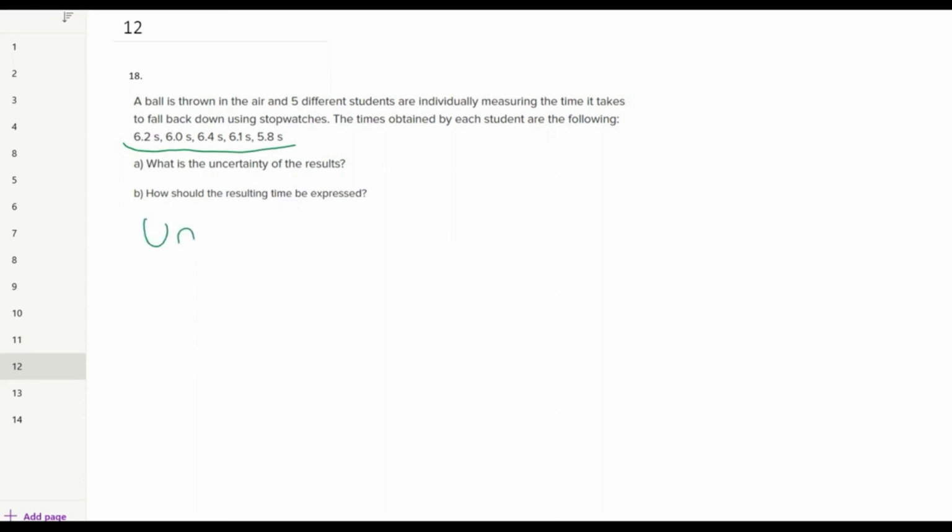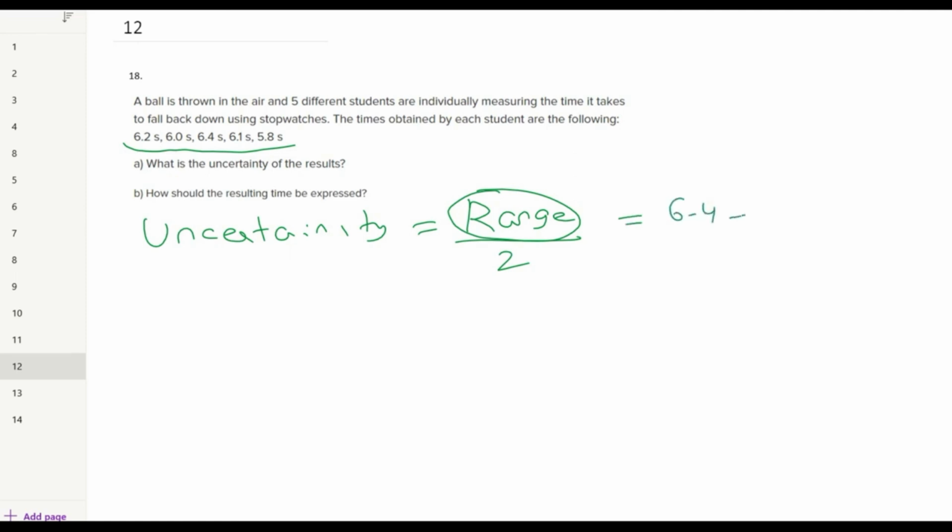So the formula for uncertainty is this. Uncertainty is given by, first of all you have to find the range and divide that by 2. Now what do we mean by range? Range means the difference between the maximum and the minimum values. So if you observe all these values, the maximum is 6.4 and the minimum is 5.8. So if we subtract, we find the difference and we divide that by 2. So we'll get 0.6 divided by 2, which is 0.3 seconds, which means the uncertainty in the measurement of this